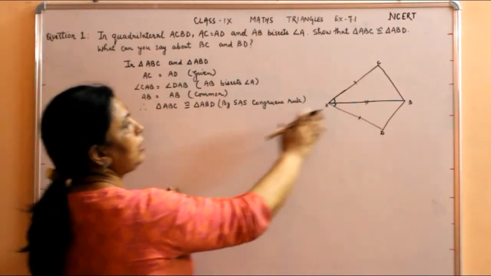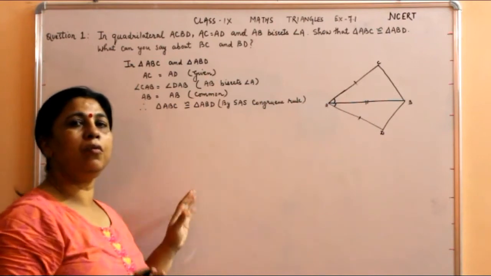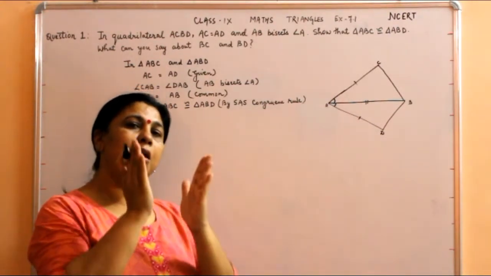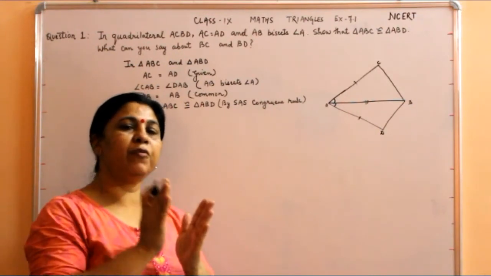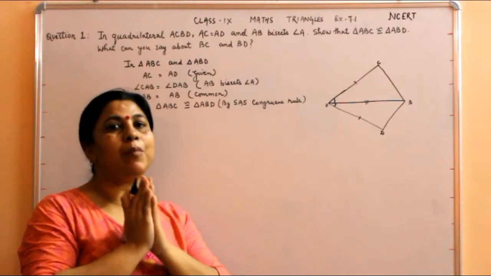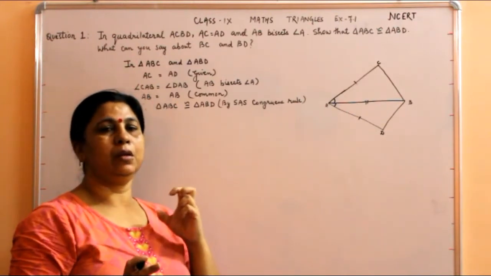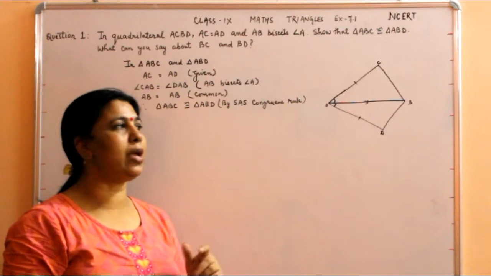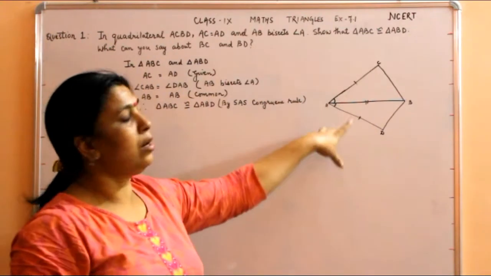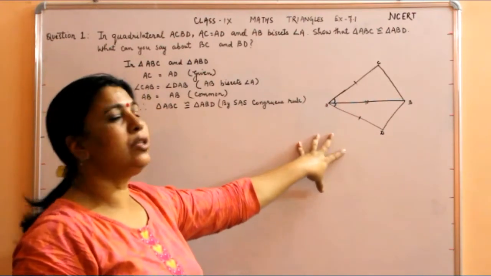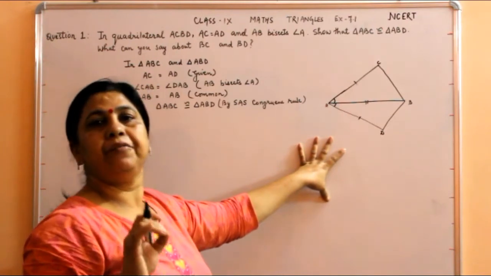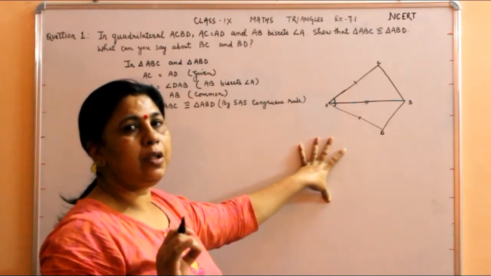Now, when these two triangles are congruent, we know what congruent triangles are. Congruent triangles are the triangles that, when they are superimposed, means when they are kept one over the other, are equal in every manner, means they are equal in angles as well as in sides. So when three elements of the triangles are proved to be equal, that means the two triangles are congruent, and congruent means that each and every element of these triangles is equal.